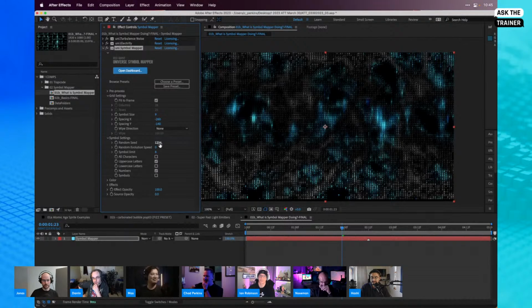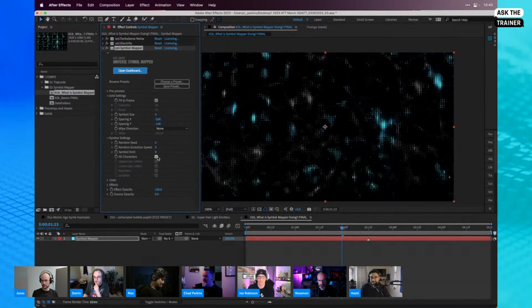And another little hack that I'll go through really quickly. We could have the characters evolve over time. A little hack is that if you take the random seed to 0 and you enable all characters, it enables a secret feature in Symbol Mapper, which looks not only at the luminance of the layer it's applied to, but it also looks at the spacing of the characters and maps the characters more accurately to the actual luminance